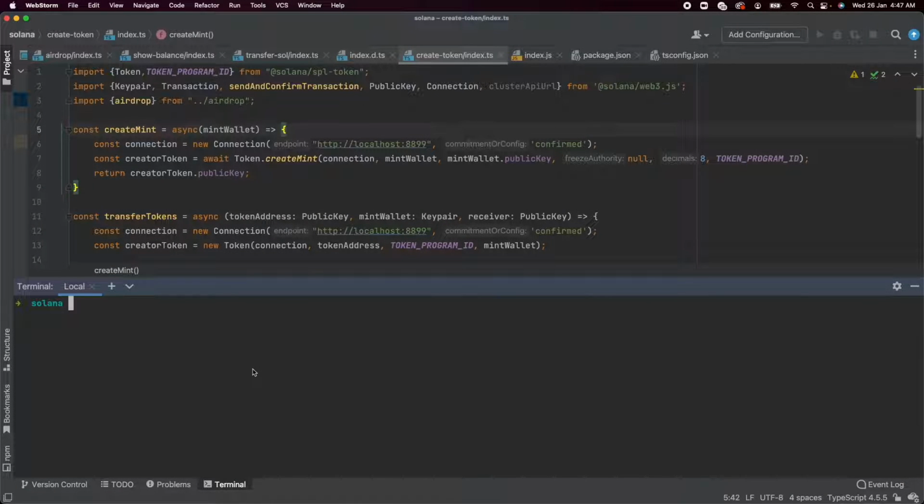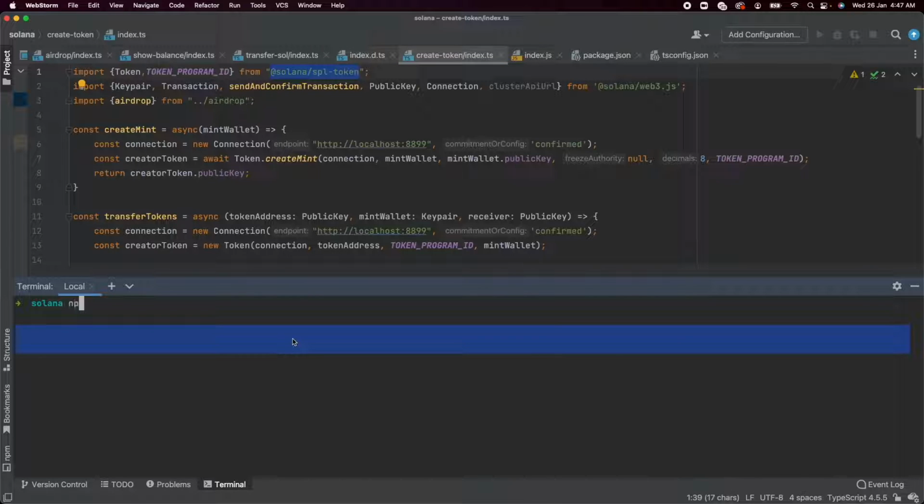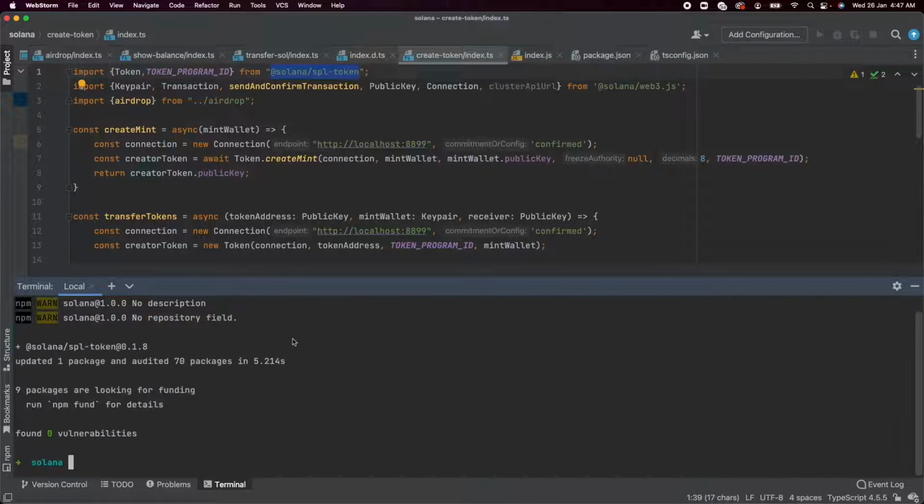So let's get into the coding bit now. Specifically for this video, I've already coded this since this is a longer program. The first thing that you need to do in your project is install the @solana/spl-token library. This library basically contains a bunch of helper functions for you to interact with the SPL token contract, which basically governs the creation of these tokens.